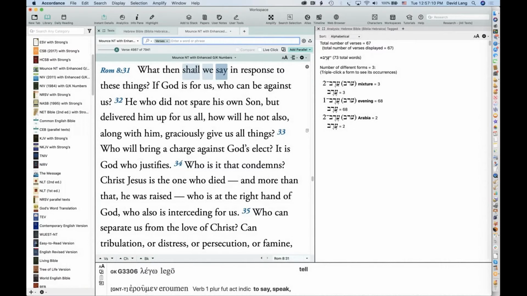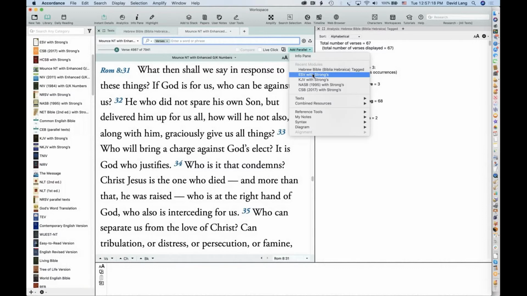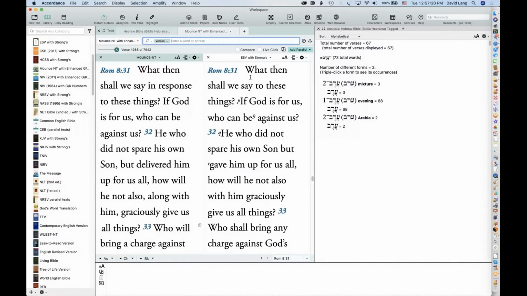Here's an example. So you've got "what then shall we say?" Let's do the ESV in parallel. So if I do "what then shall we say," the word that's tagged is "say," because it's the word that most closely links to the Hebrew or the Greek word. We're in Greek now.